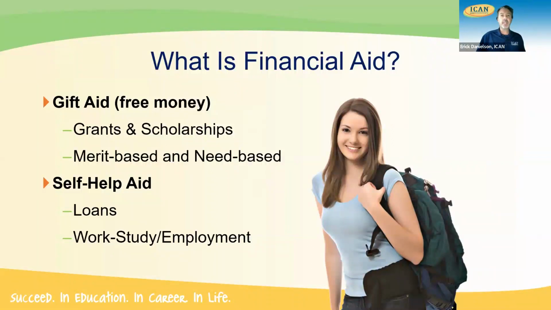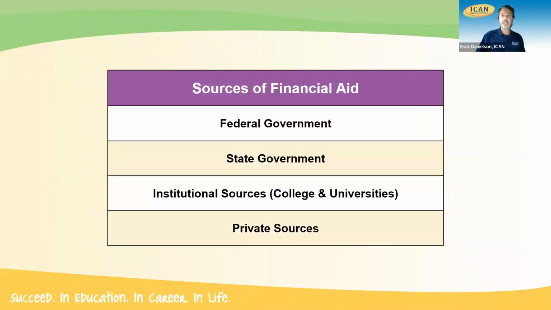Now, besides the gift aid, there is another type of financial aid, and that's self-help aid. These are the loans and work study. You've got to do something to be able to get these types of aid. For loans, you're going to pay them back. For work study, you put in the hours if you're given a work study job, and you get paid just like a regular job that you would normally do. So all of these are types of financial aid when we're discussing the financial aid offers.